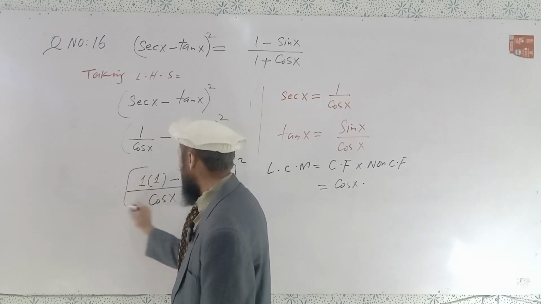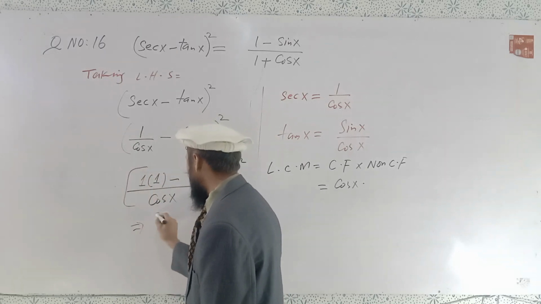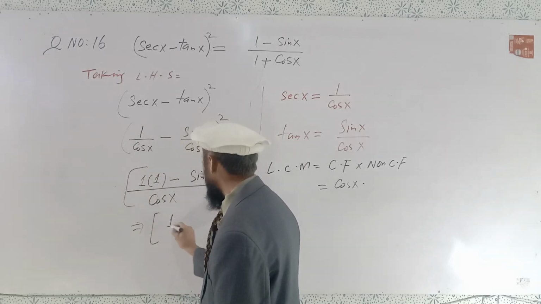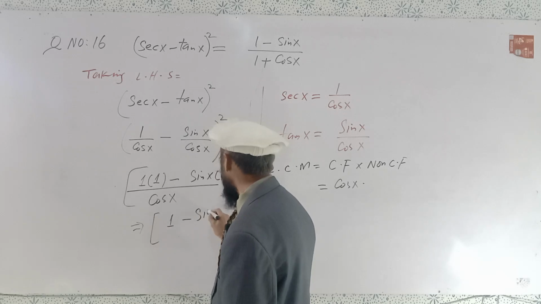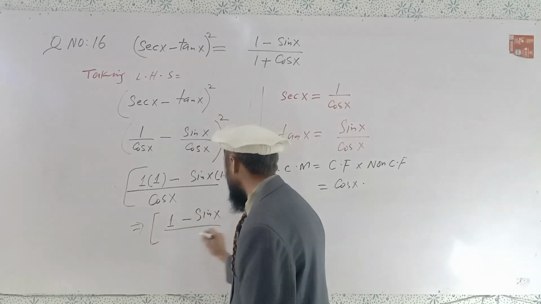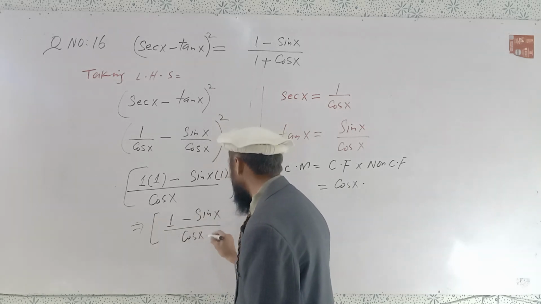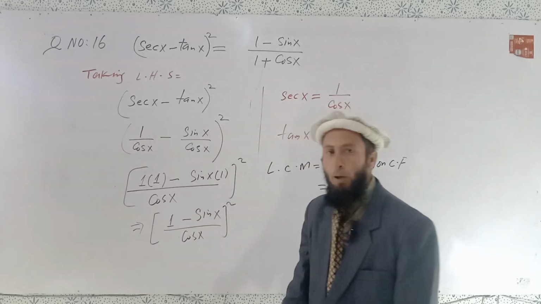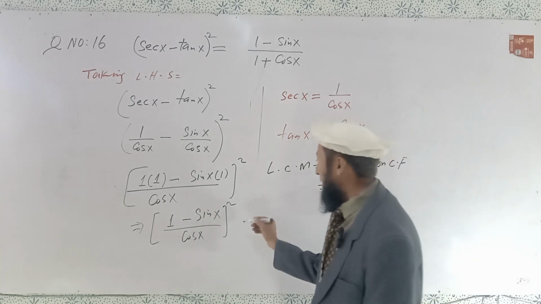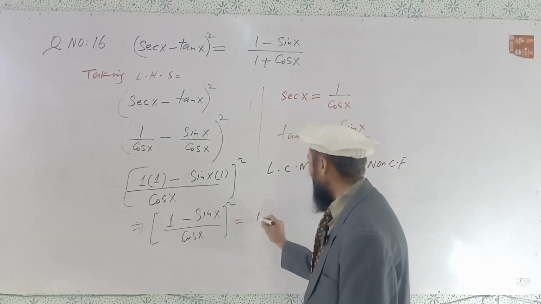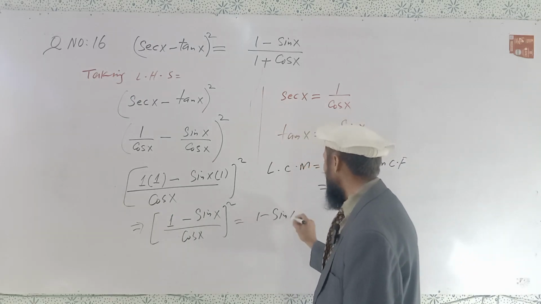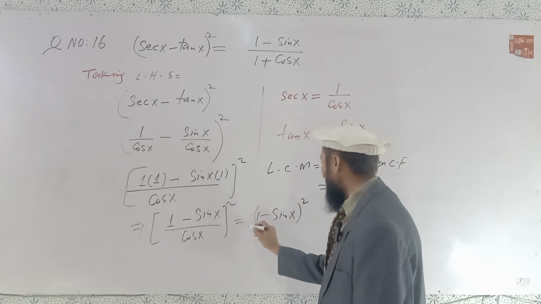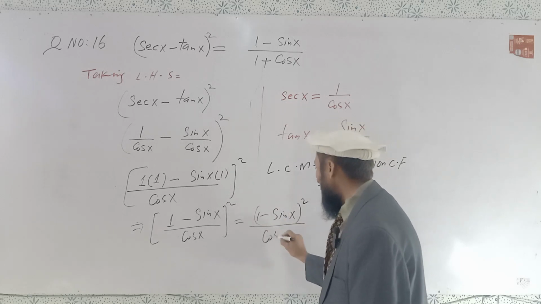Expanding, we get 1 minus sin x divided by cos x. The square also applies on the numerator and denominator terms: (1 minus sin x) whole square divided by cos